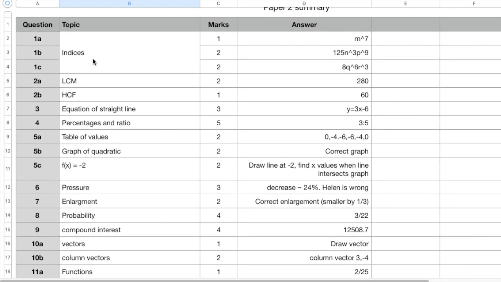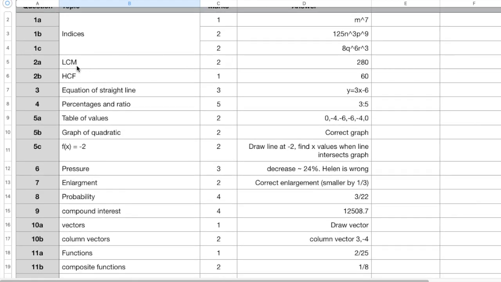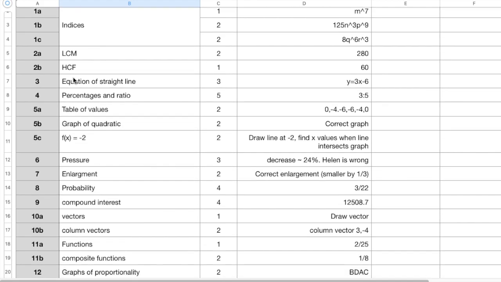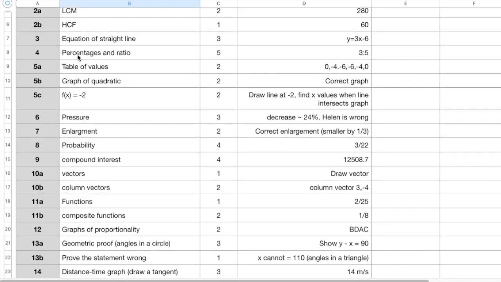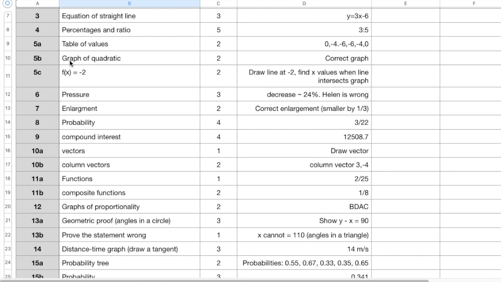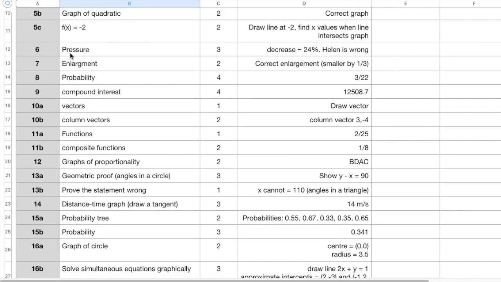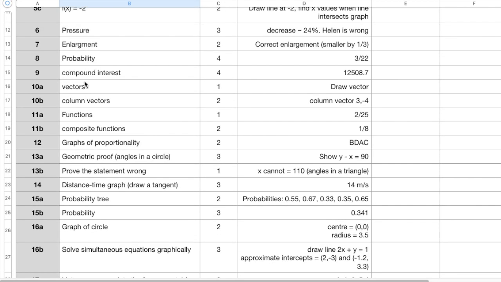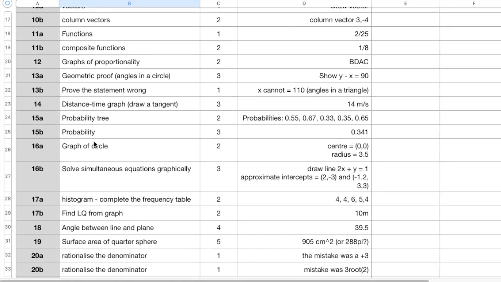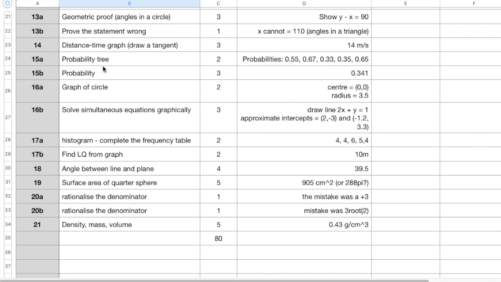So you can see we've had indices, lowest common multiple, highest common factor, equation of a straight line, percentages and ratio, completing a table of values, graphing the quadratic. We had a pressure question, enlargement, probability, compound interest, vectors, column vectors, functions, composite functions, graphs of proportionality, a geometric proof, and then a distance time graph, probability trees,